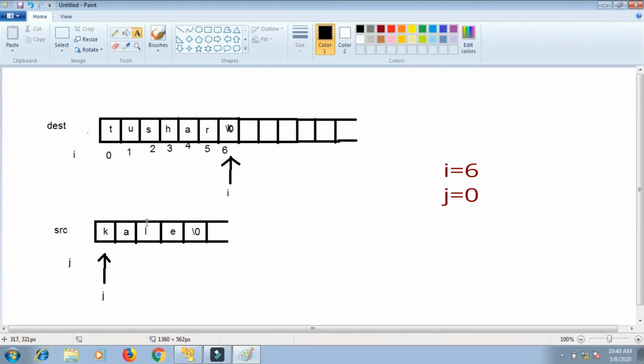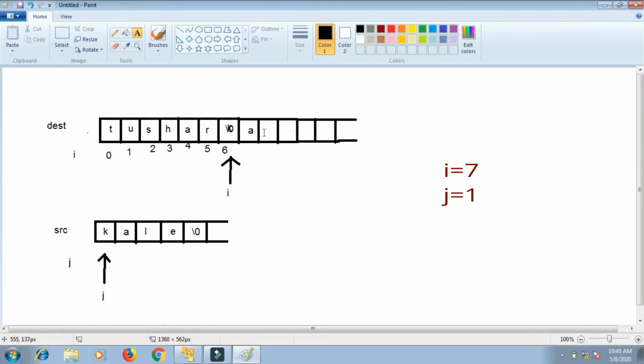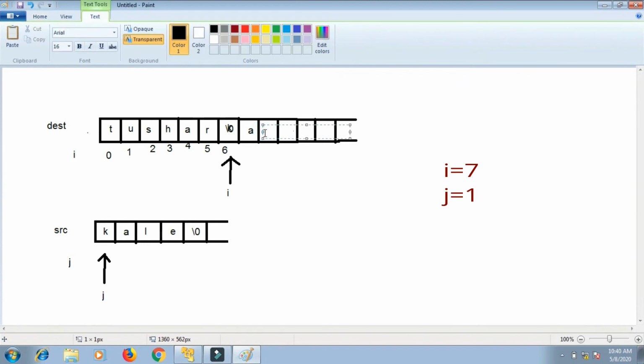After that i++ and j++. So i and j both will increment, and again dst[i] equals src[j], that means it will copy a. Then again i++, j++, so dst[i] equals src[j], so it will copy l. Then again both i and j will get incremented and e will be copied.